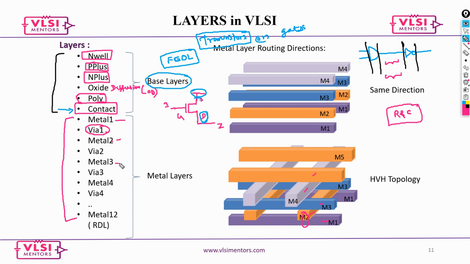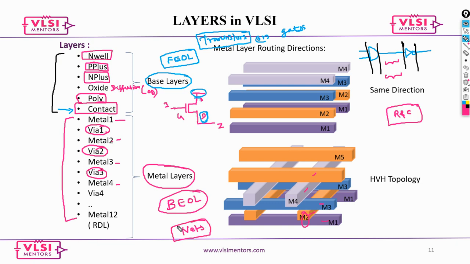Now say m2 and m3, you need to use via 2. Now m3 and m4, via 3. So to connect two different metals, you need a via. Now this whole thing we call metal layers. This is also what we call BEOL, back end of line, and this helps in manufacturing your